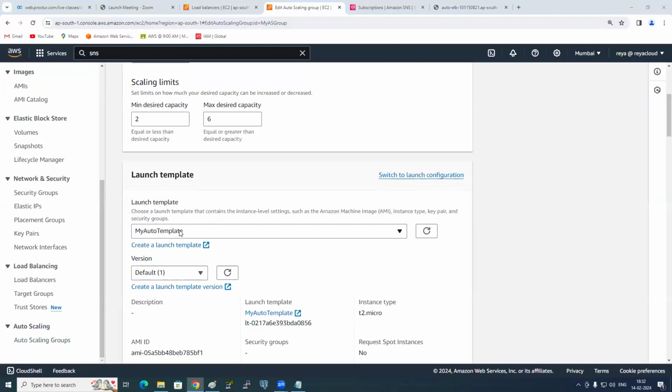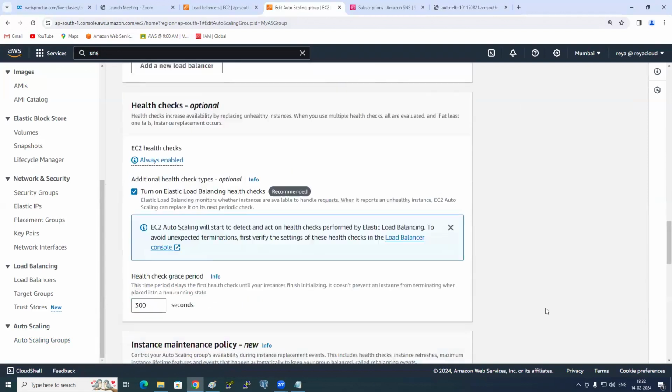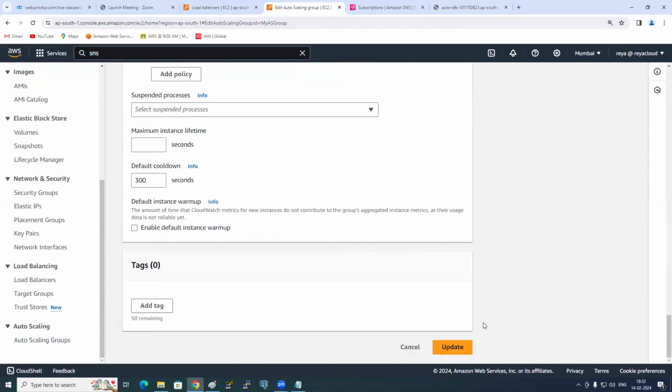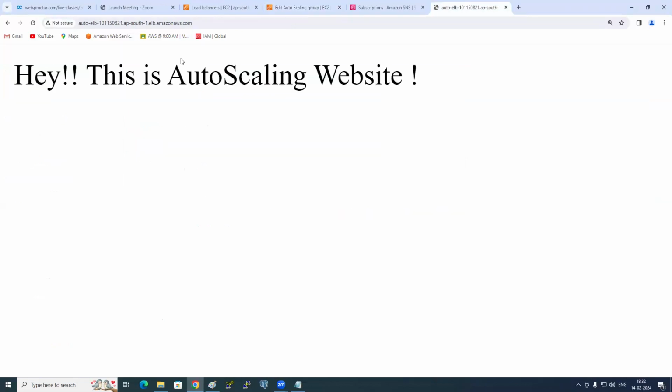And at the moment we have your auto template. Can you select the new template you created, and then click on update? Once you click on update, please check whether there is any downtime for your existing application, and whether your existing EC2 instances are terminating or it is launching new ones. How is it behaving, I want you to check.